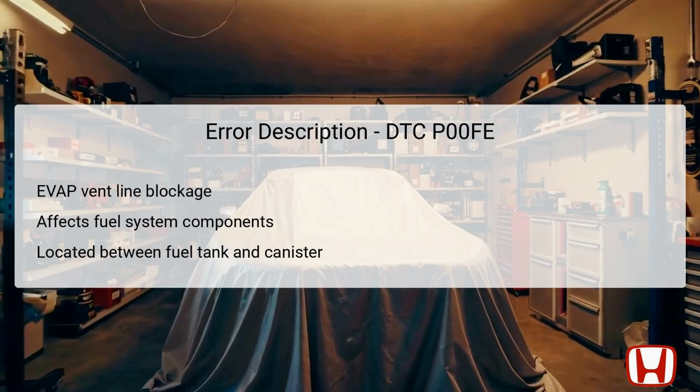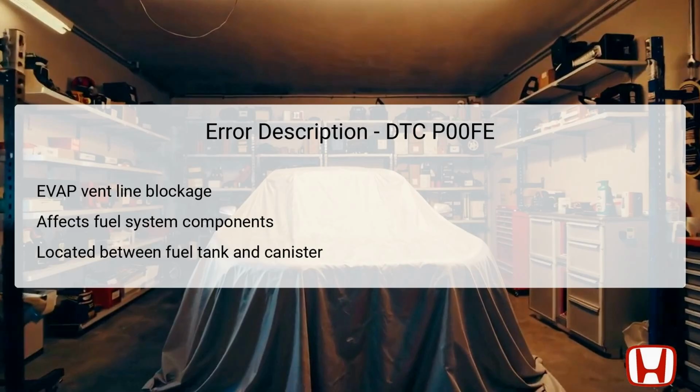DTC P00FE signifies a blockage in the EVAP vent line, which is crucial for allowing fuel vapors to vent properly from the fuel tank. The components involved include the fuel tank unit and the EVAP canister, which are responsible for containing and managing fuel vapors. The vent line connects these two components, allowing them to communicate effectively. Its primary role is to ensure that any excess pressure in the fuel tank is safely diverted to the EVAP canister. If this line is blocked, it can lead to pressure buildup, which may trigger check engine lights or lead